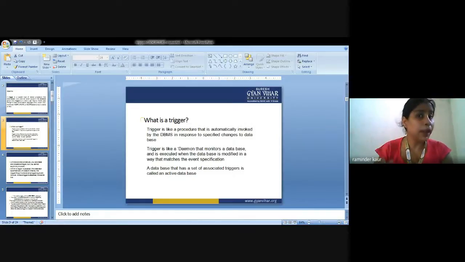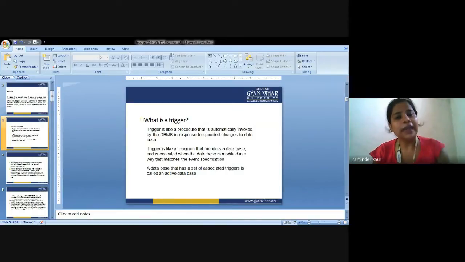Now the third point of main concern is that they can evaluate the state of a table, the state in which the system is, whether it is partially committed or fully committed, or in any other state. So they can evaluate the state of the table before and after the data modification and take action based on the difference, because they have to evaluate first, and after that they take any kind of action.